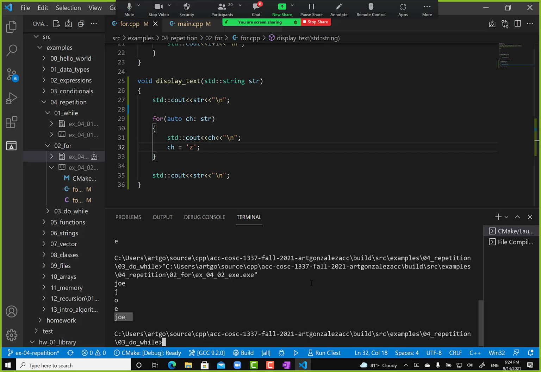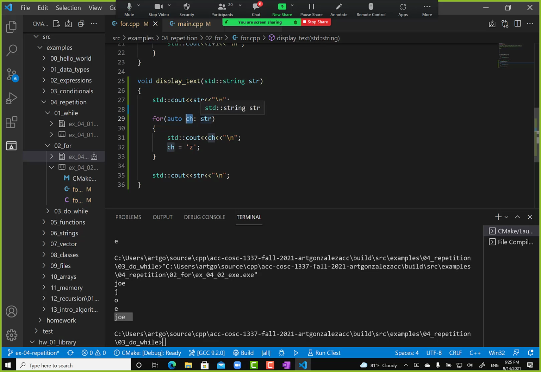Right, yeah, that's what I was going to say, right? So if I was a student, that would be my first question. Hey, wait a minute, why doesn't it work? And then if you think about it logically, the only logical response is that something in here is working with a copy of something. That's what I would conclude. Like, oh, it's not working with the string. I'm modifying a character. So maybe